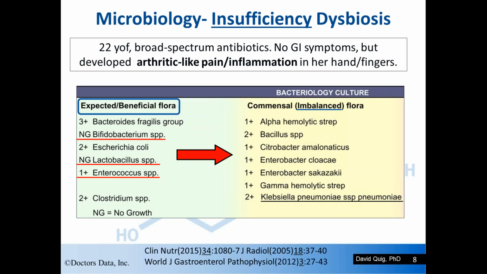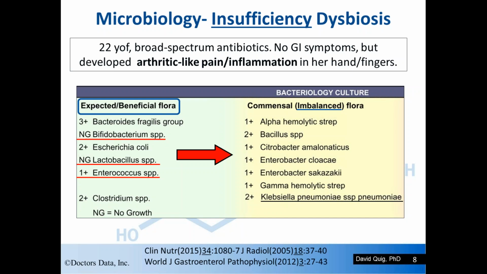Now, when we have vacated adhesion sites by loss of these commensal and predominant beneficial bacteria, we get colonization and growth of many imbalanced flora. Most of these imbalanced flora are very benign. They can be extremely transient, here one day, gone the next. And some even have redundant properties where they do things that some of the beneficial bacteria would do.